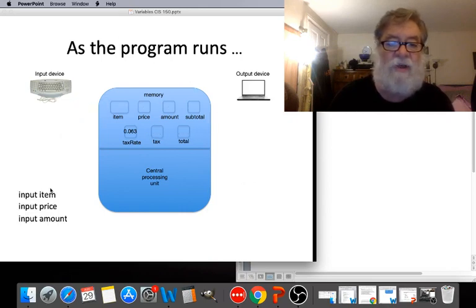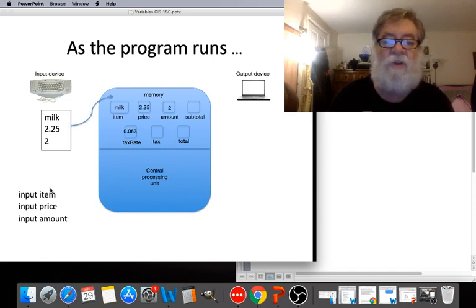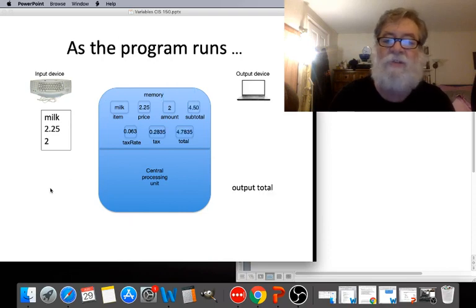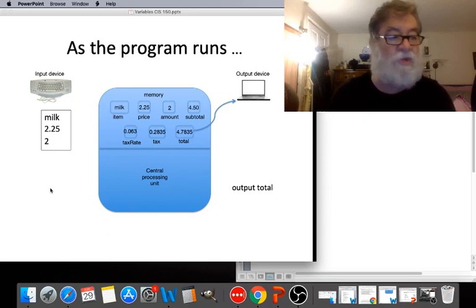All right, so if you look at what's going on over the last 3 slides, it's all about shuffling data around. We start by taking data that came in from the keyboard and put it into the variables. Then we shuffle some more data around, calculating as we go, and put it in more variables. And then we take one of those variables and shuffle data from there over to the output. So everything's moving data around. In this case, we did some input first and then some put statements and then an output statement, but sometimes you could go back and forth between the two. Do some input again and then go back and do another output and then go back and do some more puts and then another output or something like that. Okay,